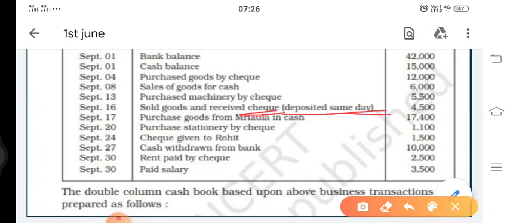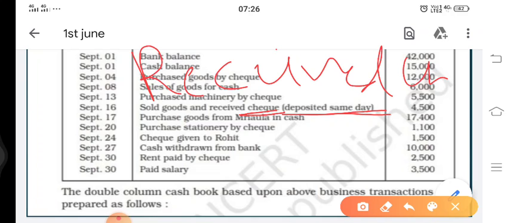So students, do remember here this point means a lot. Always remember, in case of cash book, if you just received a check, you will not consider it to be deposited into bank unless and until you are informed something here. Sometimes what happens is that you received the check on 16th, but you deposited that check on 24th. So in that case, entry will have some different effect.